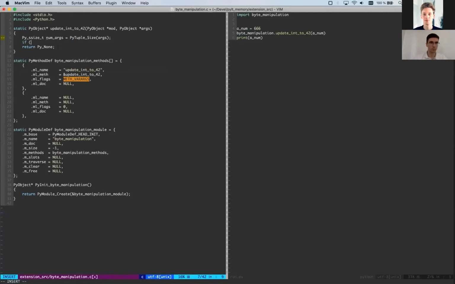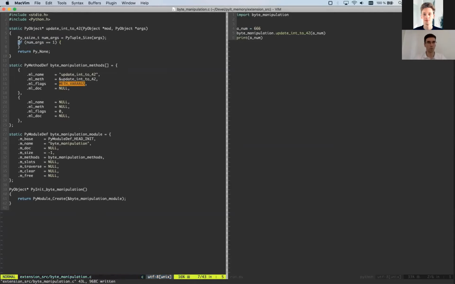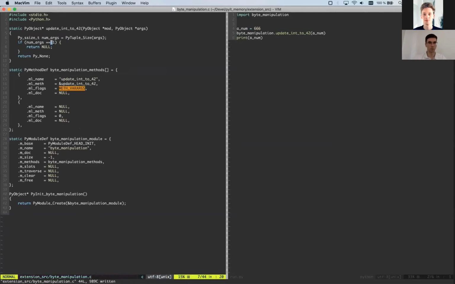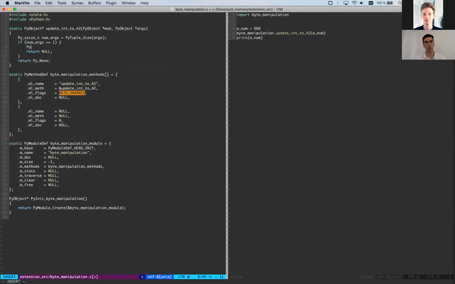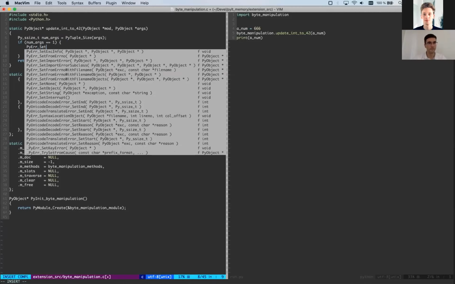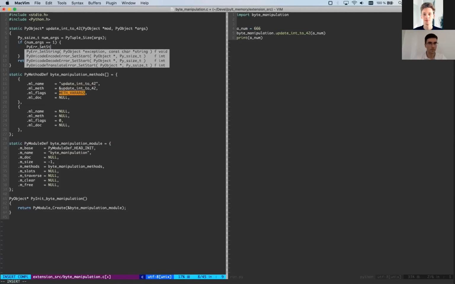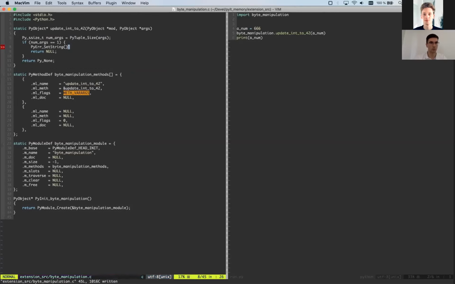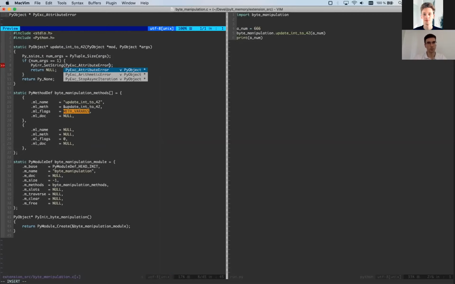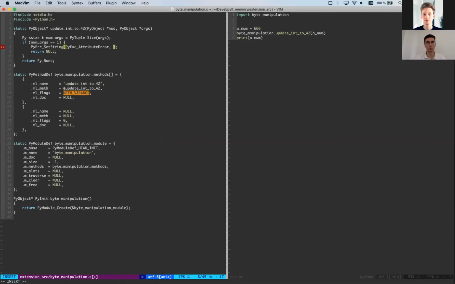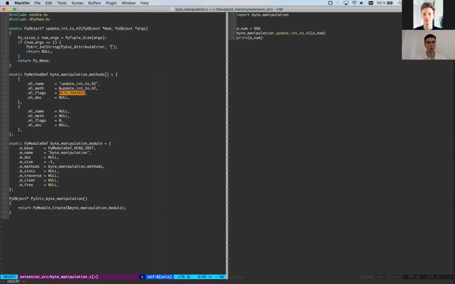If we're only gonna accept one argument, and if it's not, we're gonna raise an error. PyErr_SetString, yeah, this one. The exception is going to be AttributeError, if I'm not mistaken, and the message: supports only one arg.